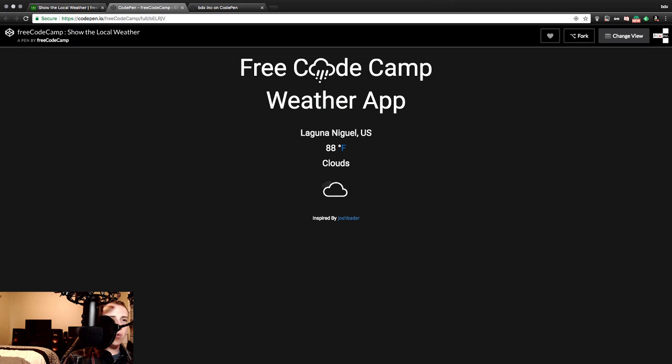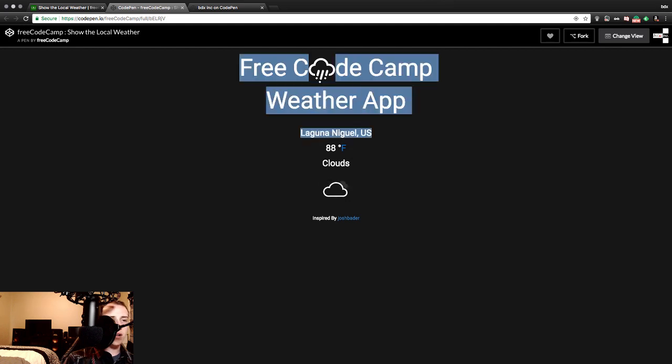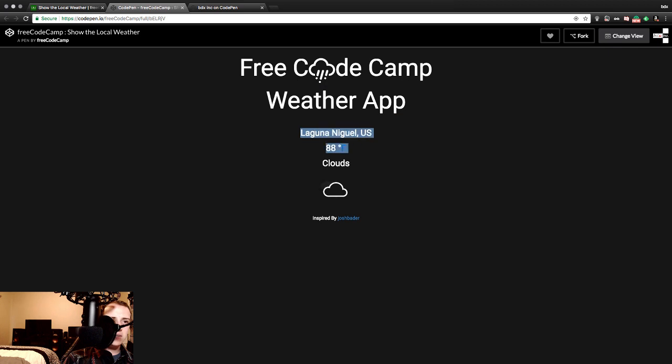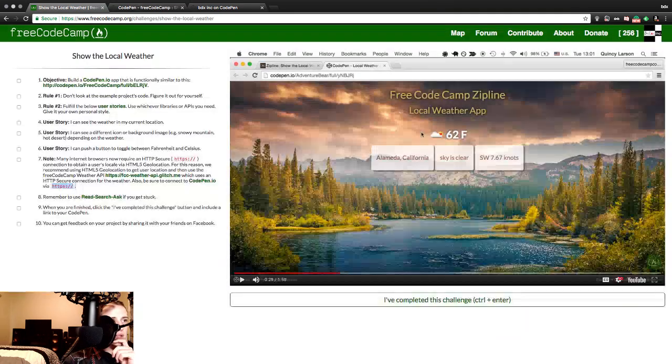So, freeCodeCamp weather app. Maybe that bit's pulling in info. And probably the data, but we need to prep and set and identify and figure out how to piece all these bits together. Remember to use read, search, ask if you get stuck. When you are finished, click the I've completed this, include a link to your CodePen. Then you can get feedback on your project by sharing it with the world. Good. I don't think there's a whole lot more to this, aside from simply diving in and setting it up